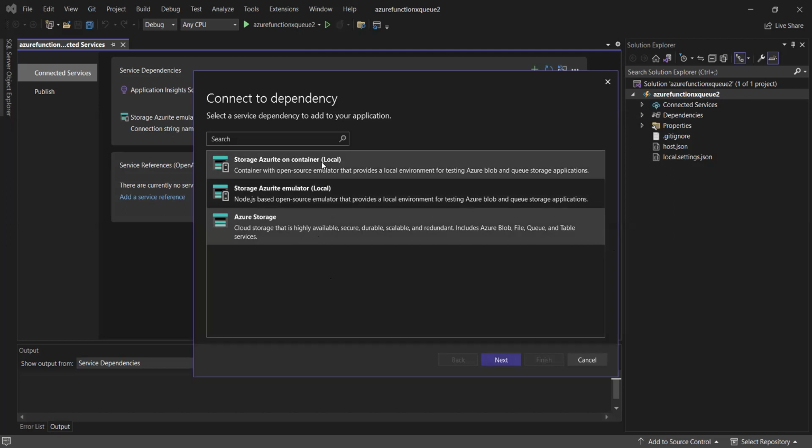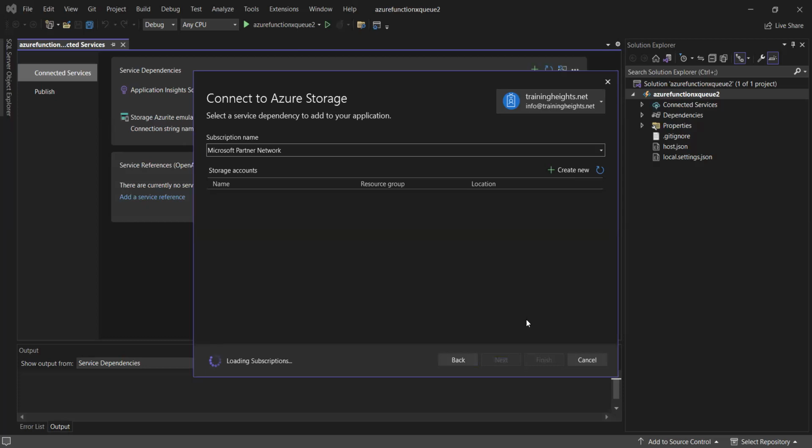I'm not working with the emulator. So I want to interact with Azure storage. I'm not working with any queues on my computer, so I'm working on Azure. So I click on Next,